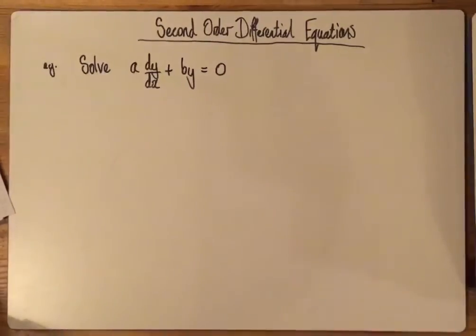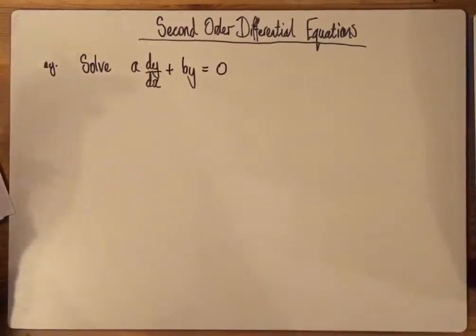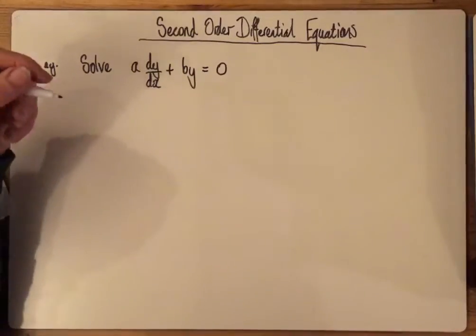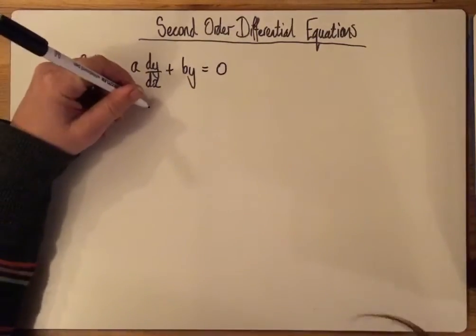Right, we're going to move on to second order differential equations. I just want to start by considering a first order differential equation, and then we can extend the ideas. So this is a bit similar to what we've been doing, except this one equals 0, it doesn't equal a function of x. And you can solve this by separating the variables, so that